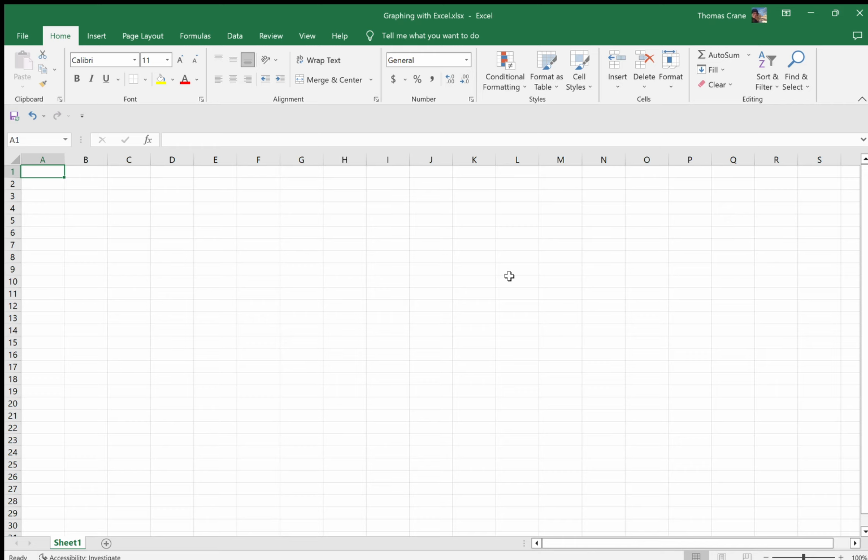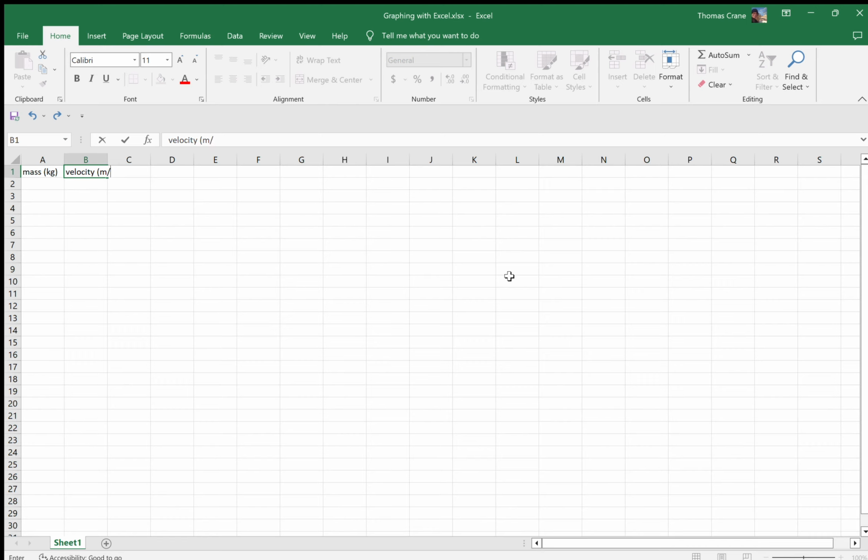This video is going to serve as a way to get practice graphing with Microsoft Excel. So when you open up Microsoft Excel, it's going to give you a blank spreadsheet. You can start filling in your data that you collect from a lab. The data set I'm going to work with looks at the relationship between mass, measured in kilograms, and velocity, measured